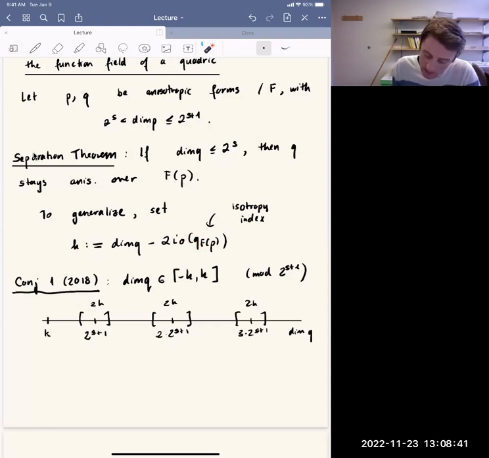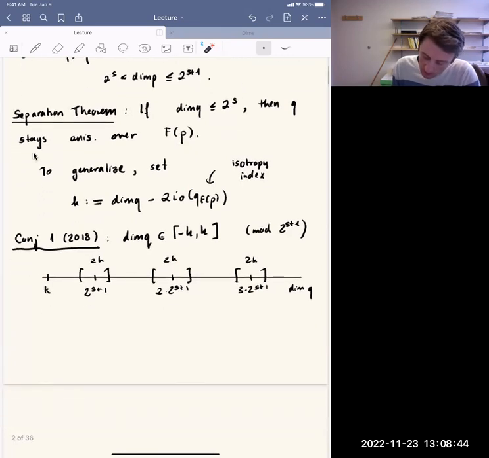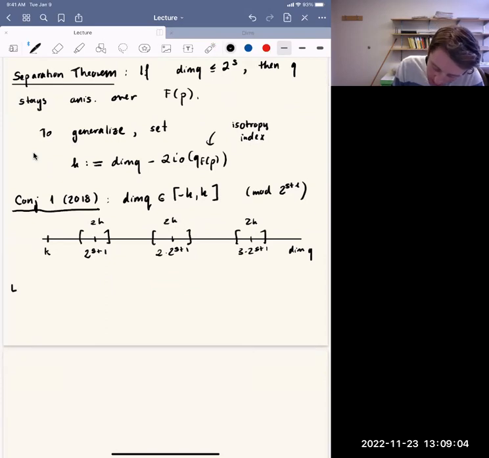So this does generalize the separation theorem, but it relates us to something which is quite striking, namely, when the value of K is low, and this is mainly what we're interested in, you see you get a rather severe constraint on the dimension of Q. It's approaching a multiple of 2 to the s plus 1. And if you go to the absolute extreme here, and you restrict, say, to the case where Q is non-singular, then you get the following statement: any anisotropic form